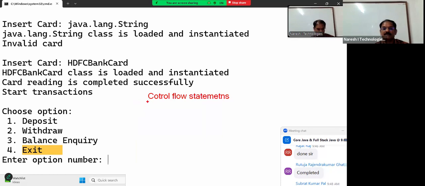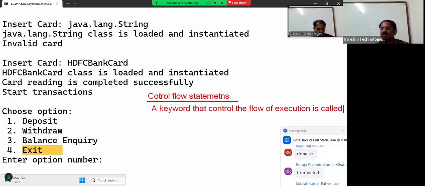Okay, control flow statements. Spelling, don't worry. A control flow statement means a statement or a keyword that controls the flow of execution. What is the meaning of controlling the flow of execution? It helps us to take a decision